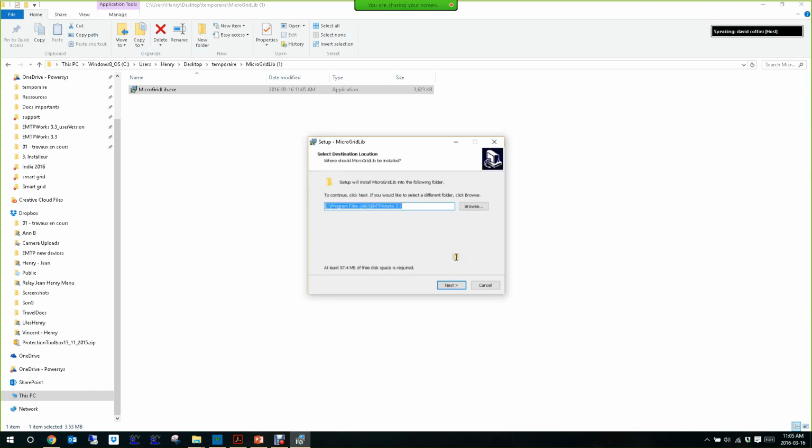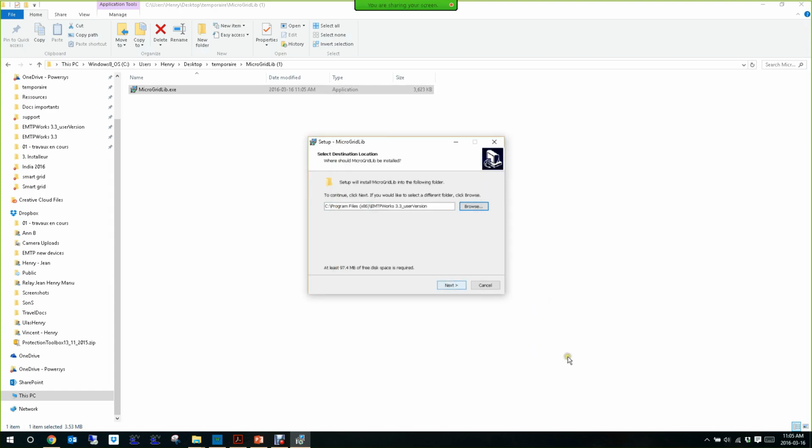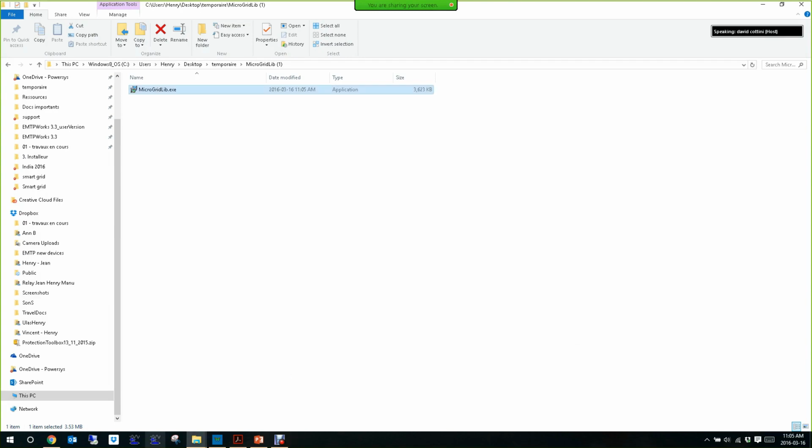Then here you select wherever your EMTP is installed. Okay, in my case I will use today the user version. And you install it. Okay, so it's pretty fast. And so now you see that when you start the EMTP,